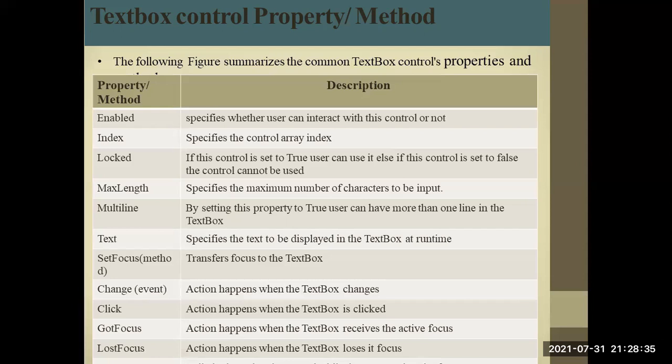If this property is set to true, the user can use it. Else, if the control is set to false, it cannot be used. So, very simple. If you set the property to true, it specifies that the user can use it, and if you make it false, the user cannot access or specify it. The next is the maximum length, or MaxLength, to specify the